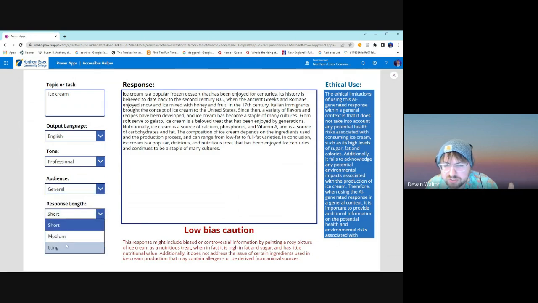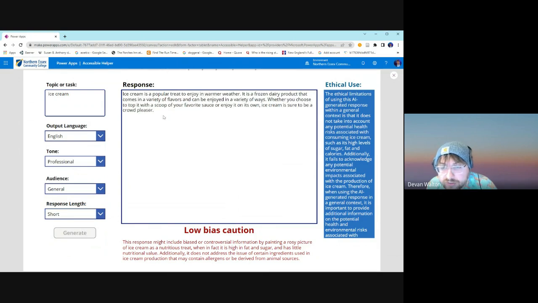And then we specify the length of our response. Obviously, at some point I will provide explanations of what a short, medium, long response length actually corresponds to. But for now, short is just like a paragraph long, and we can have it generate a response around this,